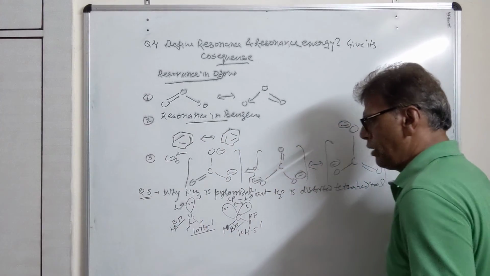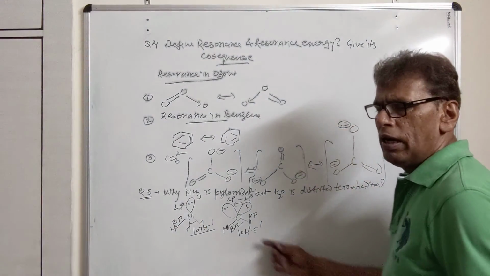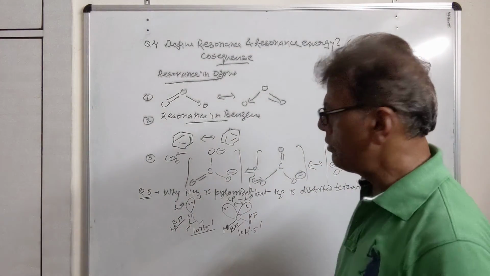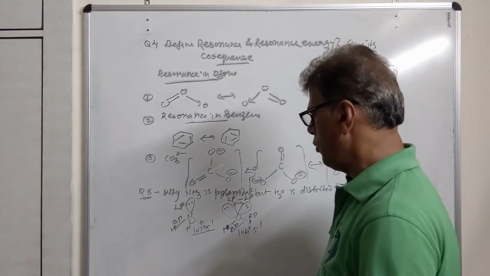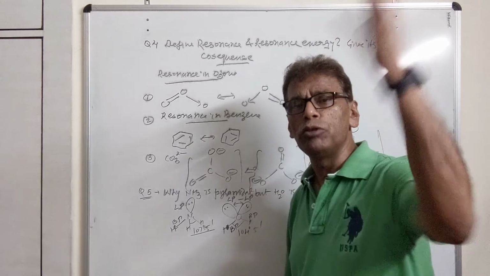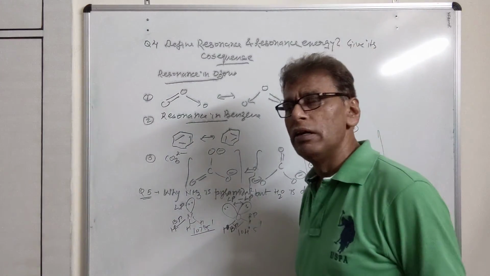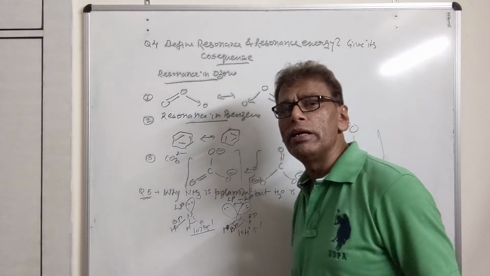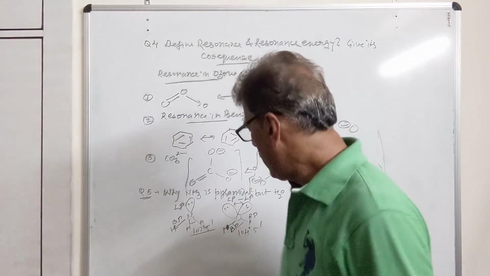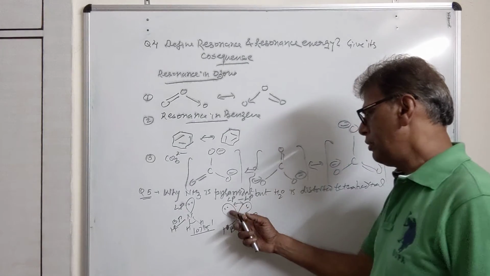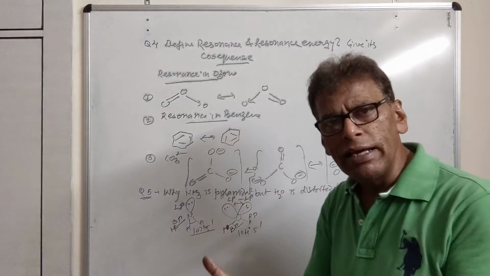Now why is ammonia pyramidal but this molecule distorted tetrahedral? The pyramidal character is due to the more repulsion between lone pair and bond pair. The lone pair pushes apart these bond pairs. That's why it acquires pyramidal geometry. A pyramid has a square base and a tapering tower. And similarly in this case, we have two lone pairs which are repelling each other also.